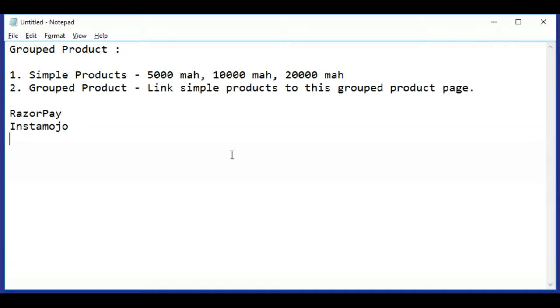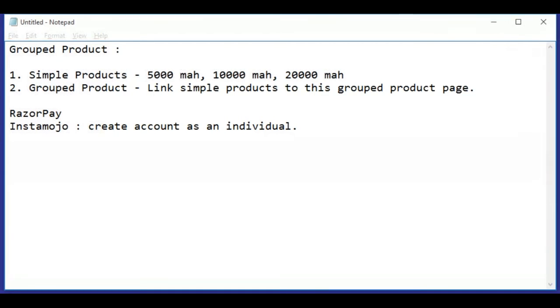So you can create an account as an individual. If you create as a business, then it is going to ask for GST and all, which you guys don't have. So if anyone is having GST number, you can register as a business.